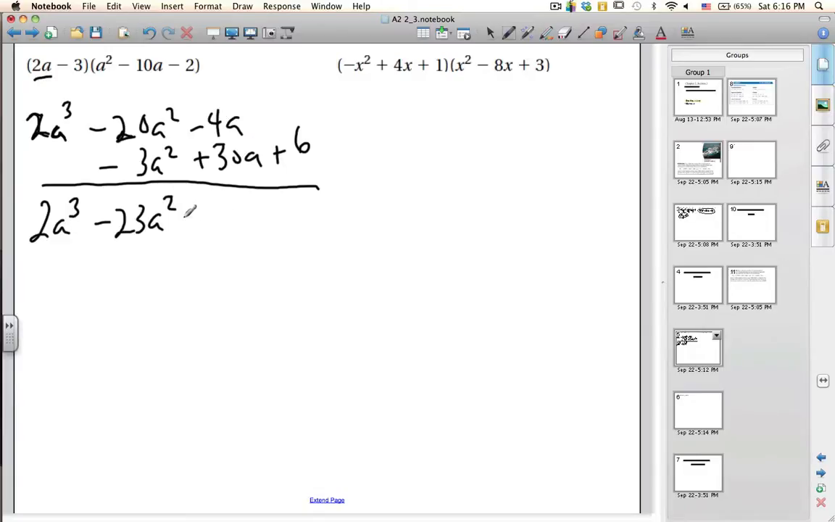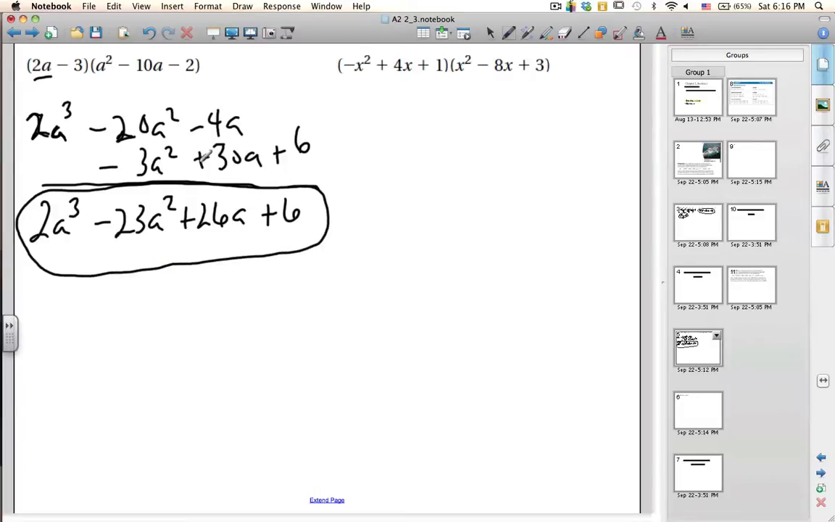Negative 4 plus 30 is plus 26. A plus 6. Okay, so you can go ahead and arrange things vertically like this. Just make sure that you keep columns for the different powers of the variable. The more traditional way to do it, or at least the way that I learned when I was in school,